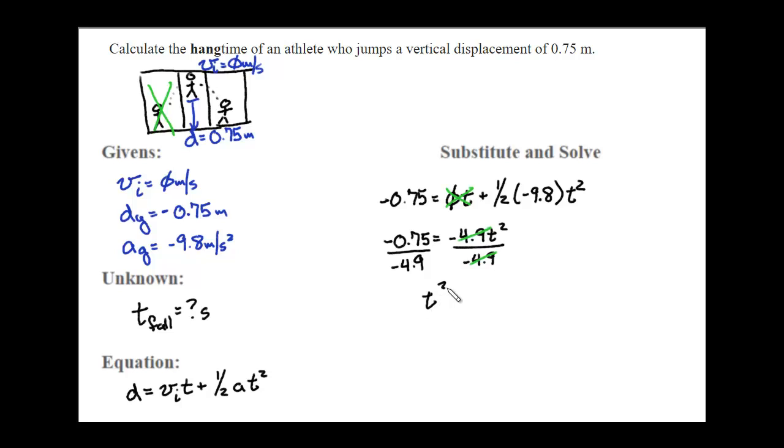So t squared equals negative 0.75 divided by negative 9.8 gives me